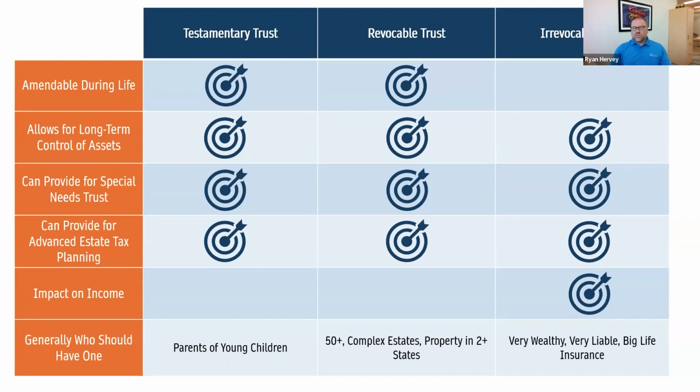If you know someone who is in a position where they're disabled in some form, they're using some type of government assistance or private income-based assistance, there's a type of trust that's designed to serve that purpose alone. And any one of these three types of trust can create that subtrust.